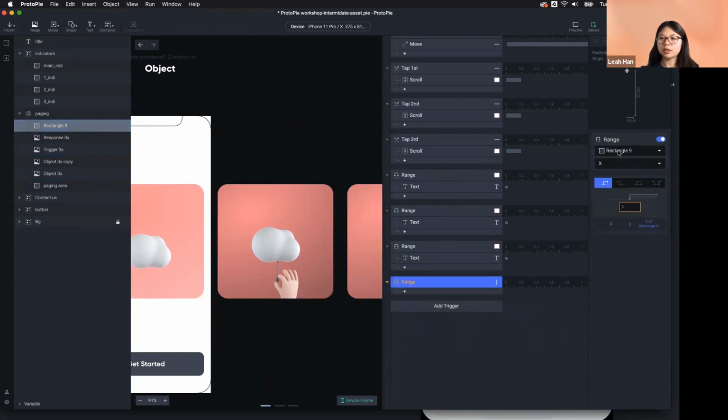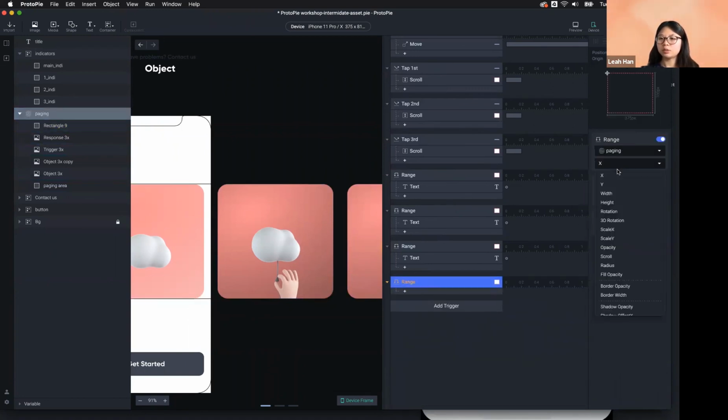When I scroll to the first page, so first page is 375, 3 times of it, and minus it, 375, 3 times, and this time is +1. So this range is here,